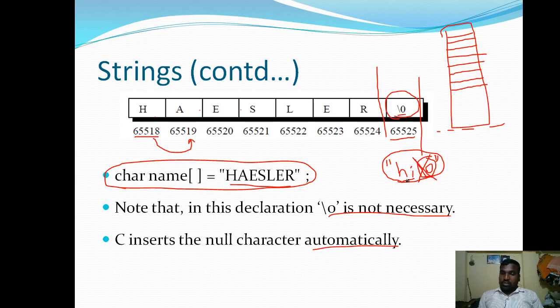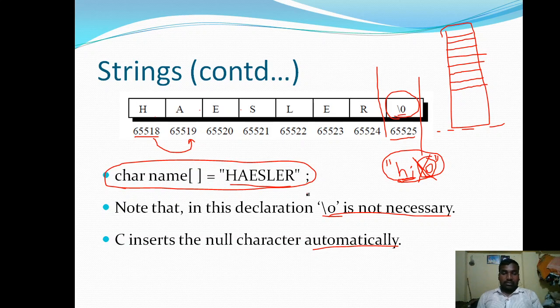So we are writing just the string with the specified number of characters. The C compiler automatically appends this null character at the end of the string.